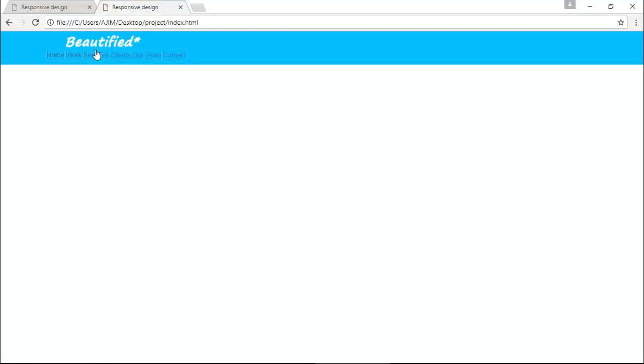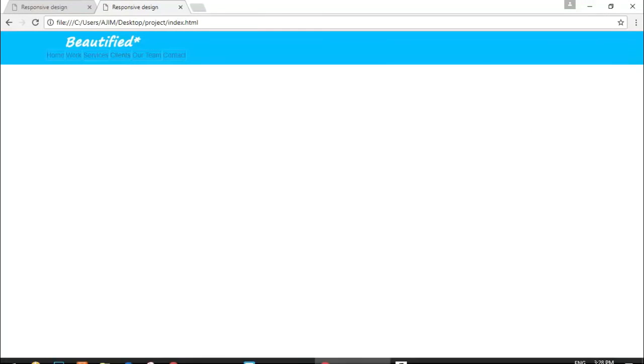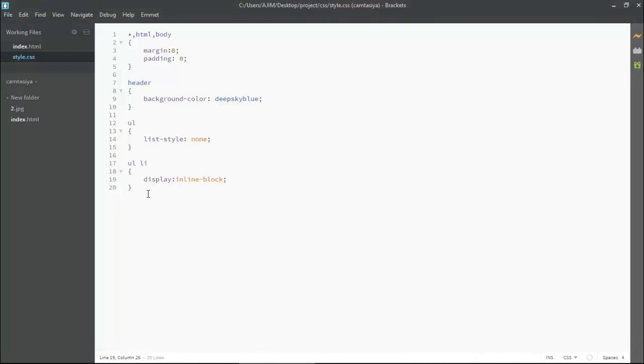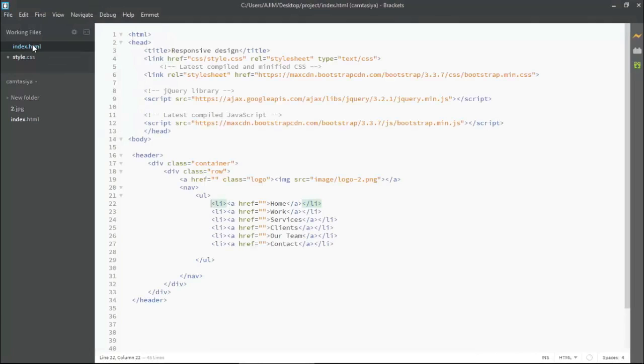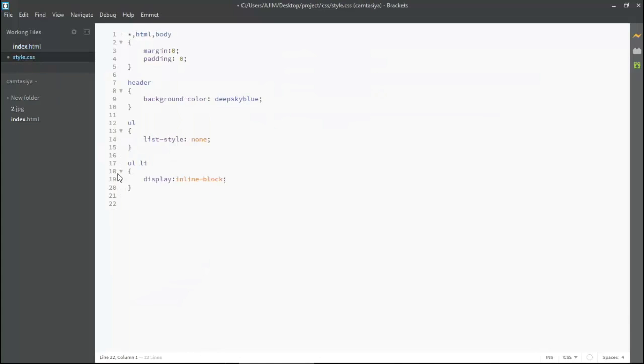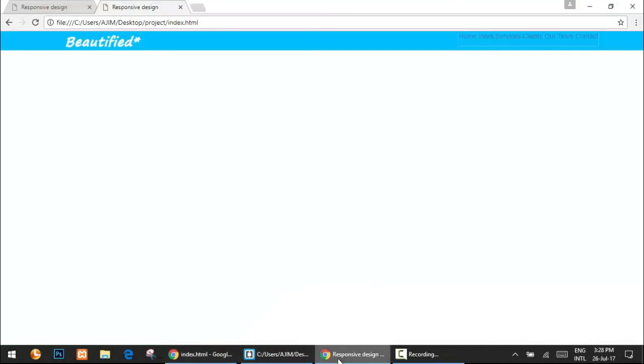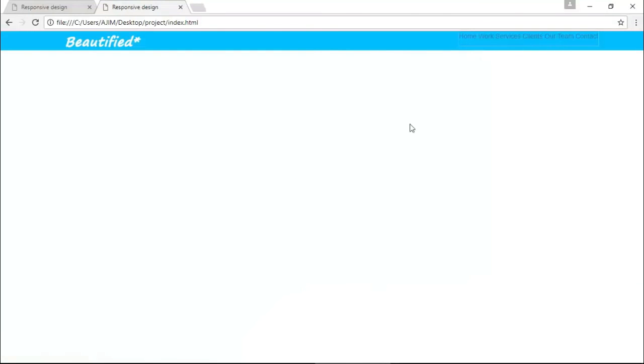Now we have to put this navigation at the right side. Okay, so what I can do, I am coming on the index page here, and this time I am selecting this part, header and nav, because inside the nav we have ul li. So header nav I am selecting here. I'm coming here and mentioning header nav. Inside this I am putting float right. So it will float the things at the right side. Menus will become at the right side. So let me save it and then show you. You can see we are getting all the menus at the right side.